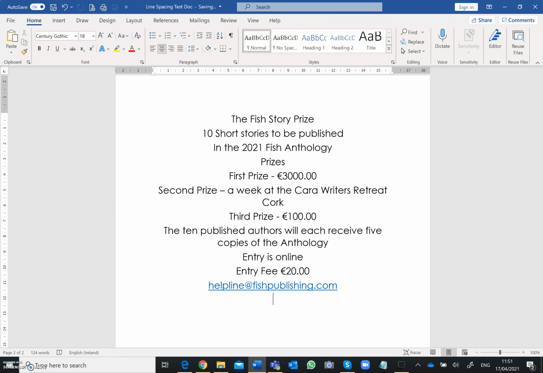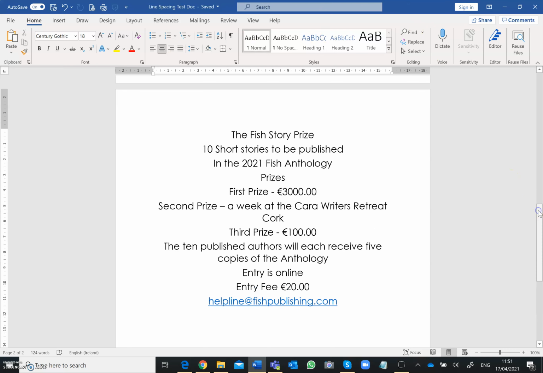Okay, so that's our text. That's the text that we're going to use in our document for the poster. So this you're going to save with the file name poster1. Okay, so then on page 23, you're going to amend your poster1 and just make the changes that I've outlined